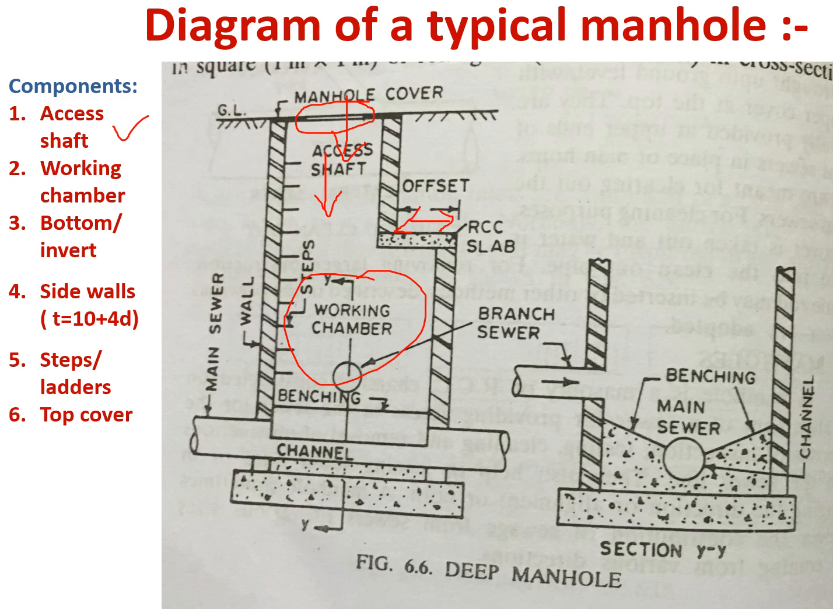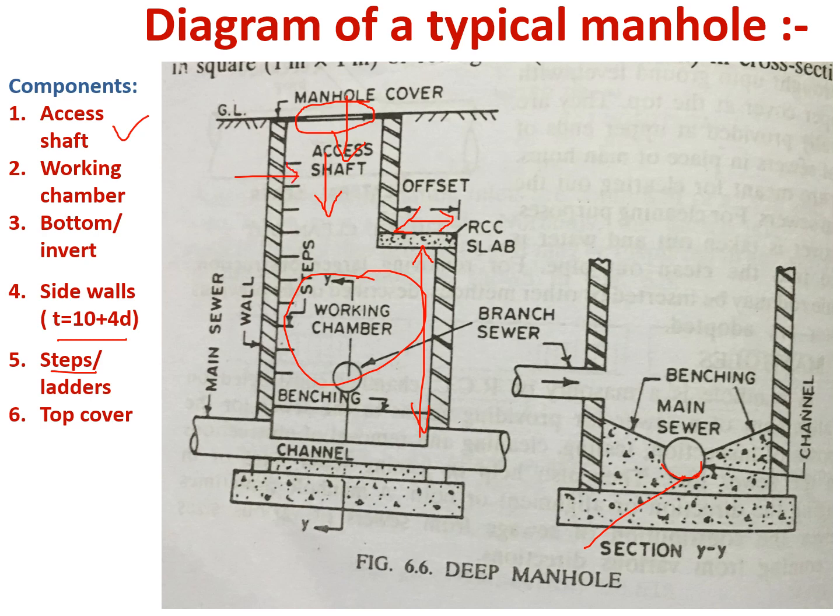Then next is working chamber. As I told you, this is the actual working chamber in which the worker has to work. Here proper height is to be provided, minimum 1.5 meter. Next is bottom or invert. Here you can see this particular sewer, this bottom part is generally called the invert. Next is side wall. The side walls are provided with the thickness of 10 plus 4 D,